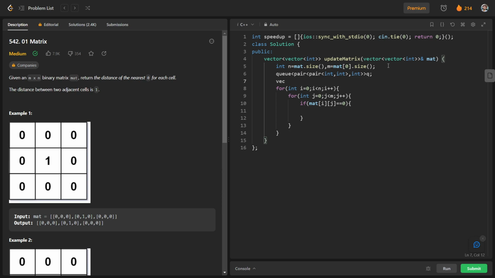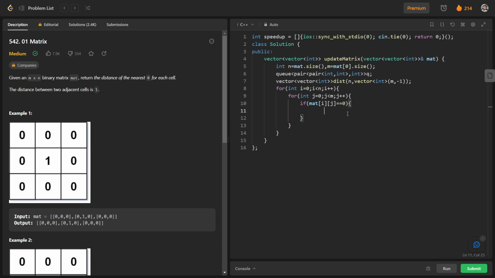Okay, so vector of vector of int, dist, and the size will be n comma, vector of int of size m comma, let's say -1. So basically we will initialize this dist with -1 because initially we didn't know any value.